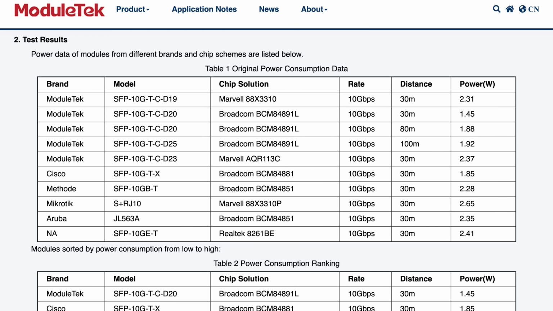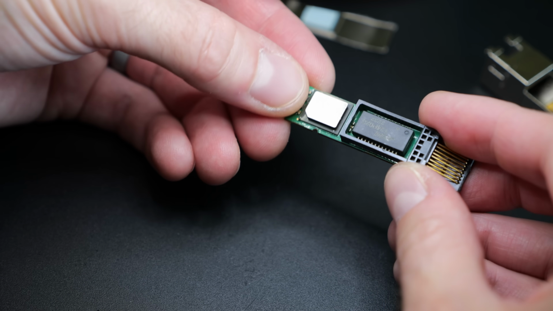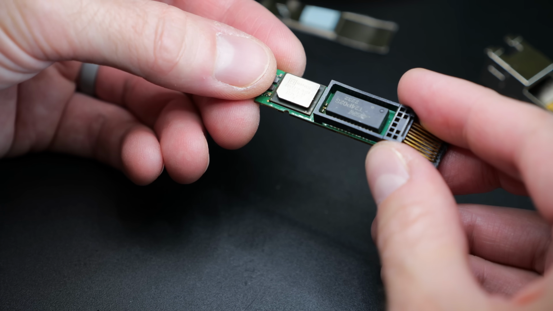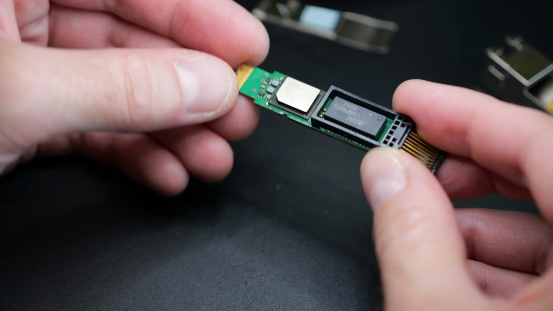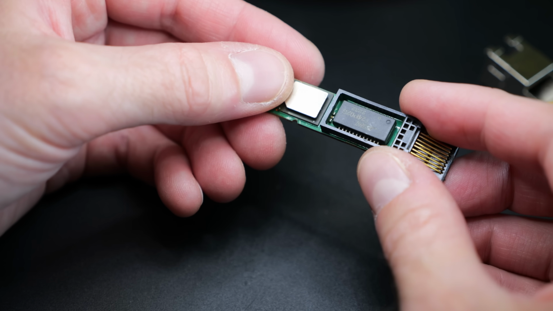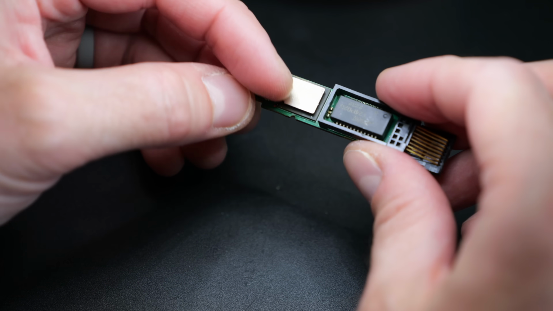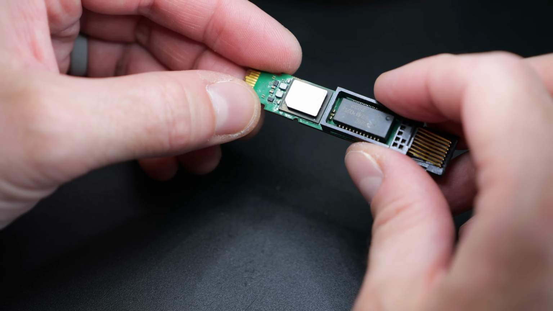Now, the key thing that I found in the datasheet for this chip, though, is that it dissipates up to 2.5 watts of power. 2.5 watts in a chip that's smaller than my thumbnail with no real heatsink or active cooling. I mean, all you've got really to cool it is just the lid of the SFP plus this teeny little thermal pad that thankfully they put in the right place to actually make contact with this. Yeah, I am absolutely not surprised with a 2.5 watt dissipation on this chip, why it's running so hot and